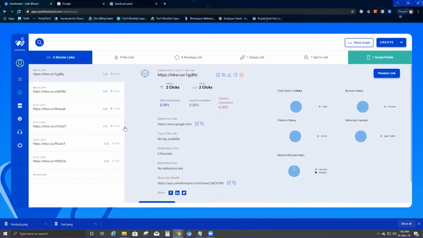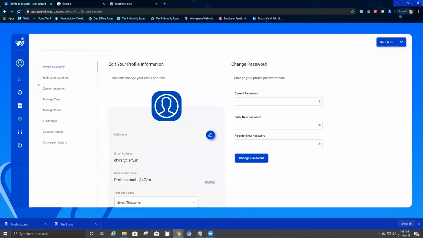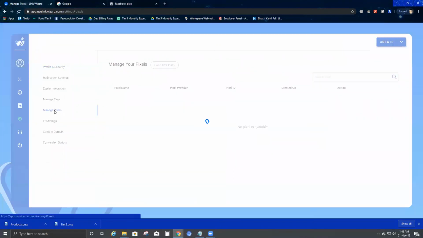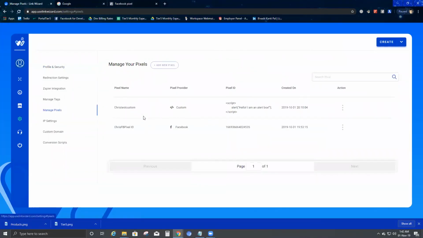So this was all about managing the pixel, how you would go ahead and create and add a pixel. This is all about your managed pixel, all about adding your pixel ID from any of your social profiles where you have a pixel ID available, or creating a custom pixel in order to